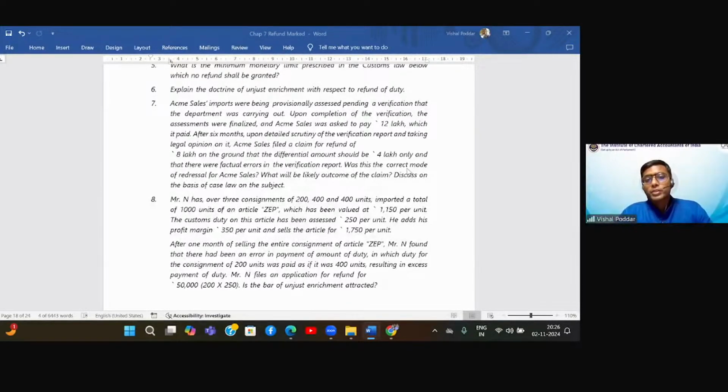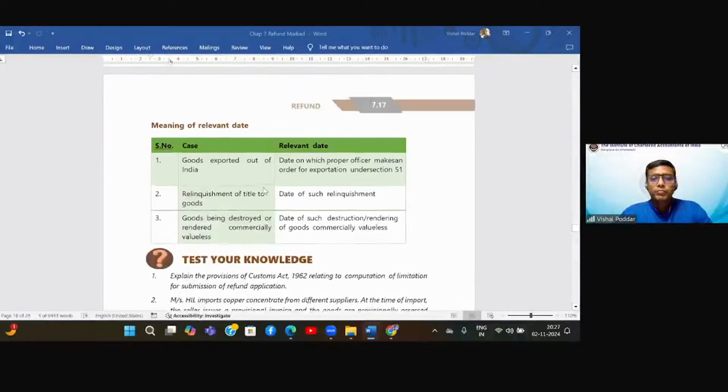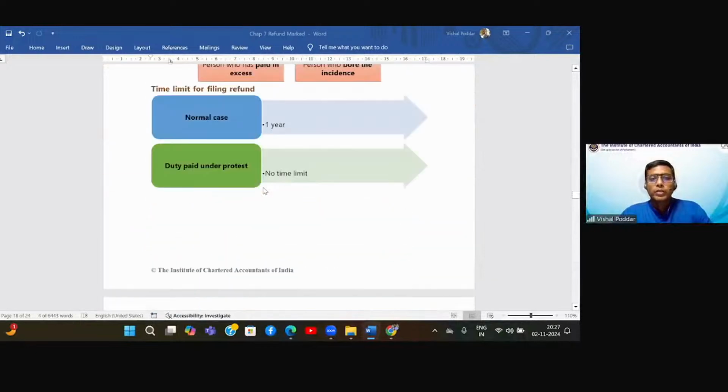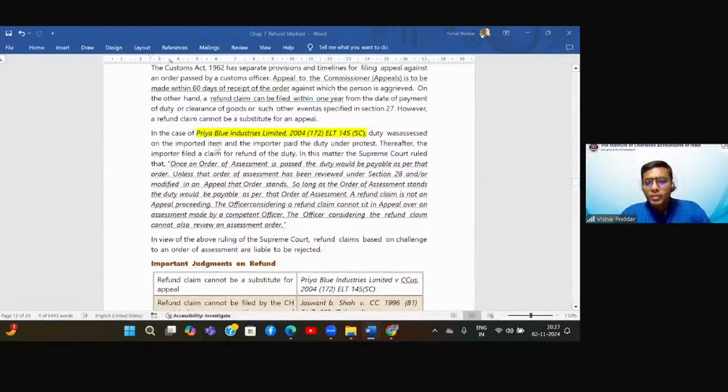Now, was this the correct mode of redressal for Acme Sales? What will be the likely outcome of the claim discussed on the basis of case law? So if you remember, we just discussed the last case of Priya. I am forgetting the name. See this one, Priya Blue Industries, where it is very specifically mentioned that once assessment is complete, now, if you